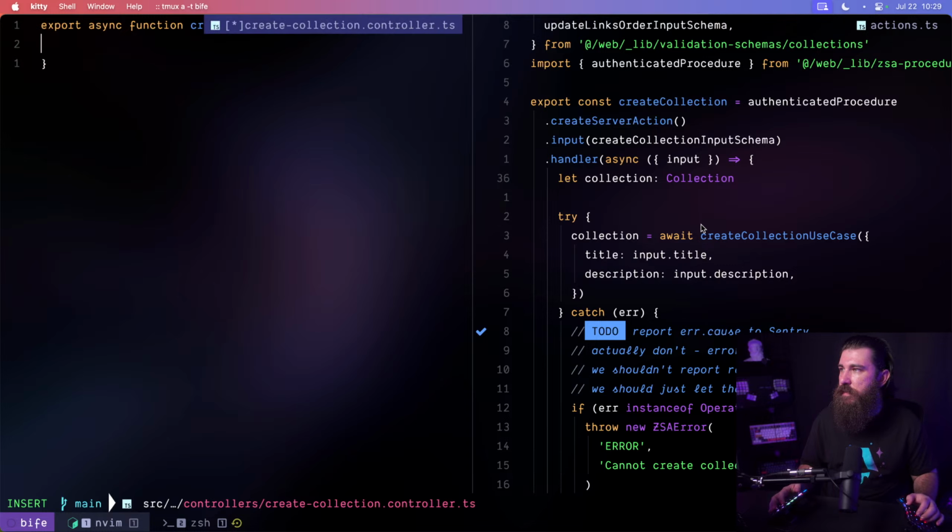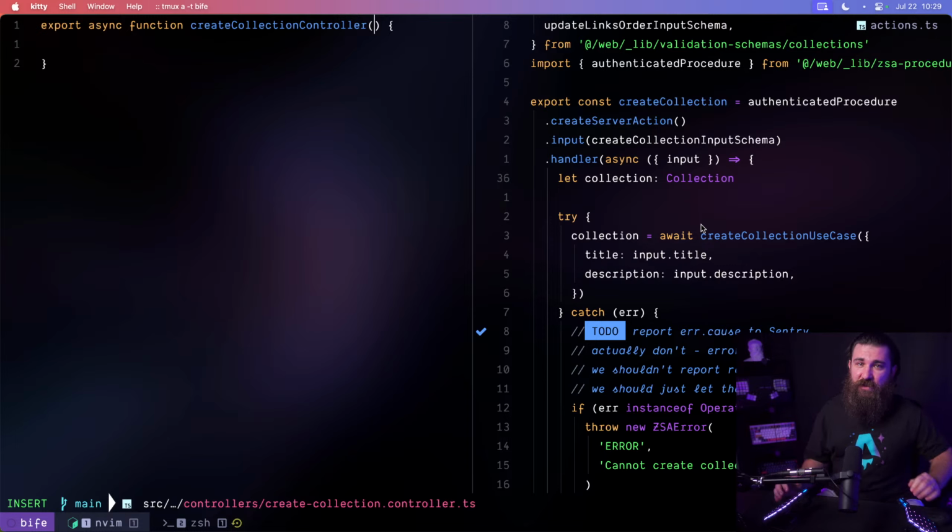We'll see what it receives as an argument. I guess the input, right? The create collection input schema. But we're going to use the input schema here to actually do the validation. It is going to receive arbitrary data, and it is going to return a promise